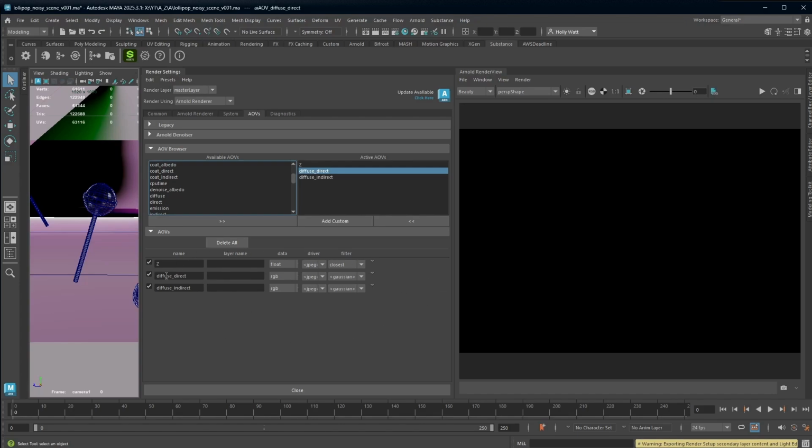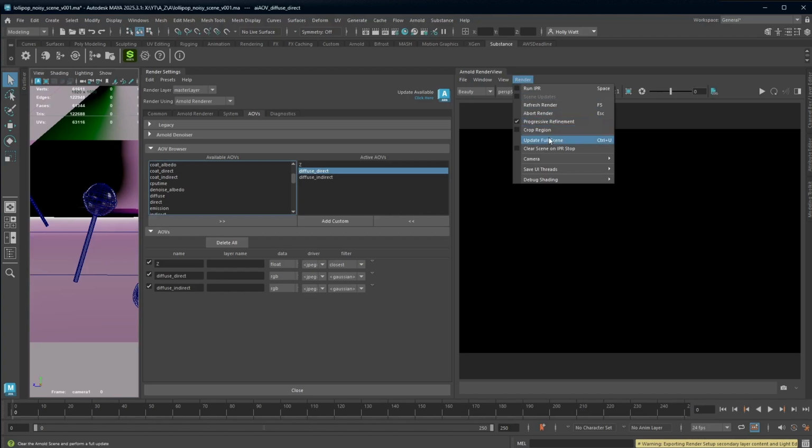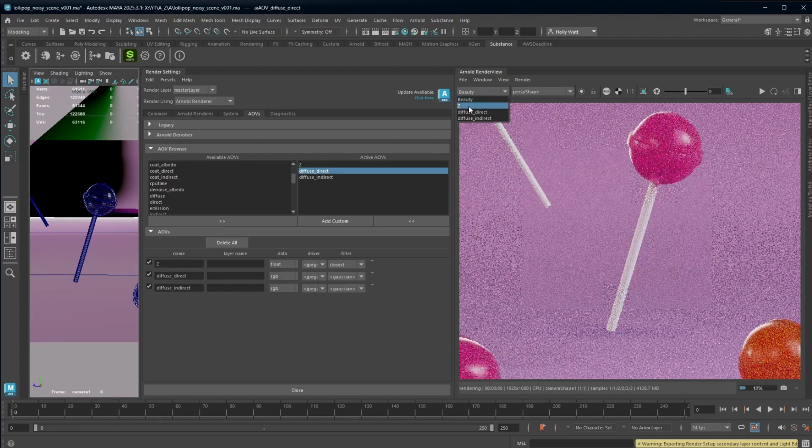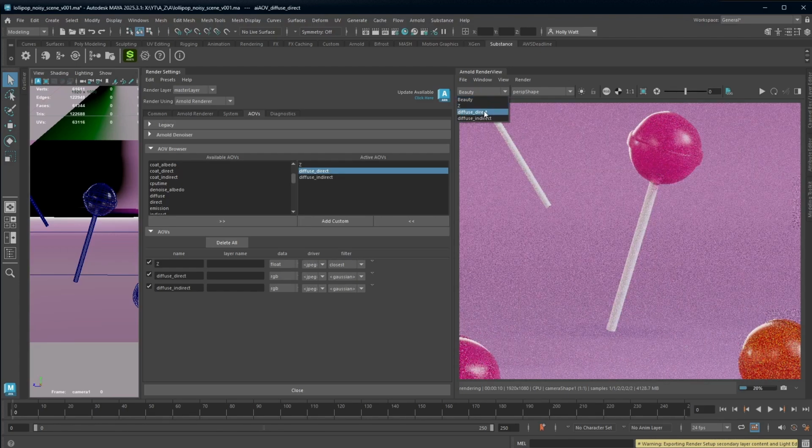This gives you a bit more detail about them. It also allows you to keep them in the active and turn off the render with that checkbox. As for the data driver and filter, I would just leave them as they are. So once they're added to the active AOVs and they are checked, when you hit render inside the Arnold render view, you will notice that once Maya starts to render, you will see a drop down here of the AOVs